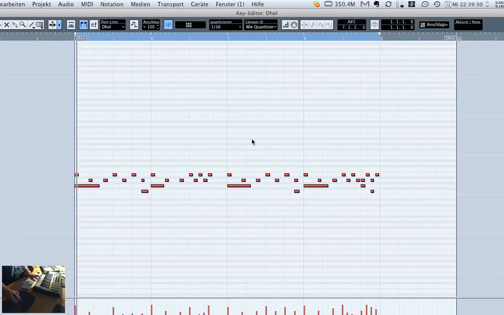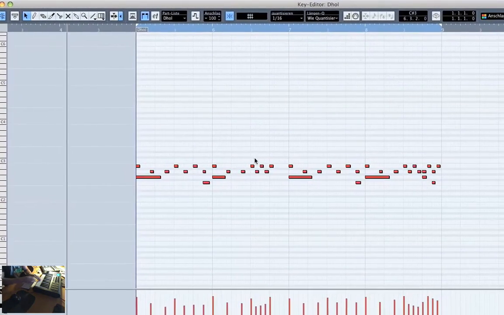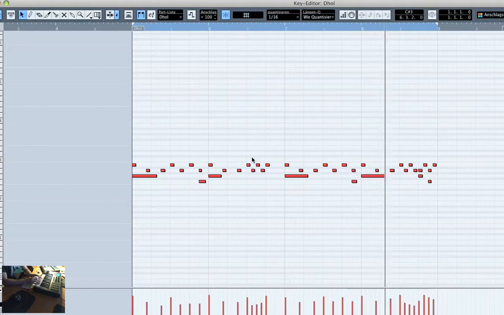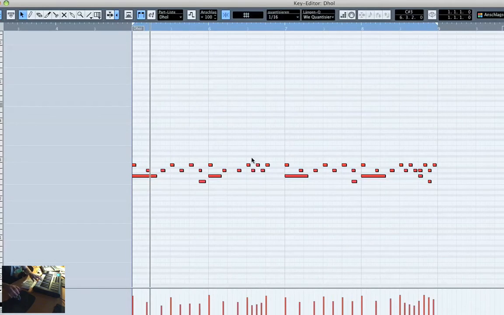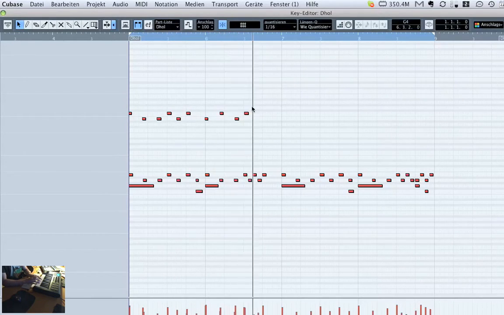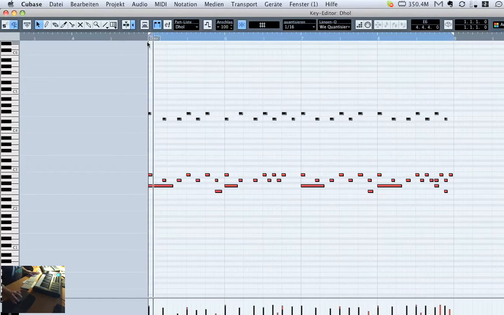I'm trying to find some additional notes to build the groove a little bit. So maybe let's not fill the groove as much as we did before with this, but maybe a little bit reduced. We had a shout going on, didn't want that. Okay. That too. Okay, let's